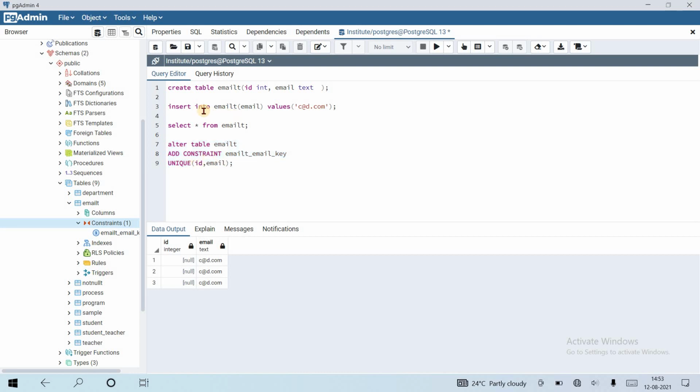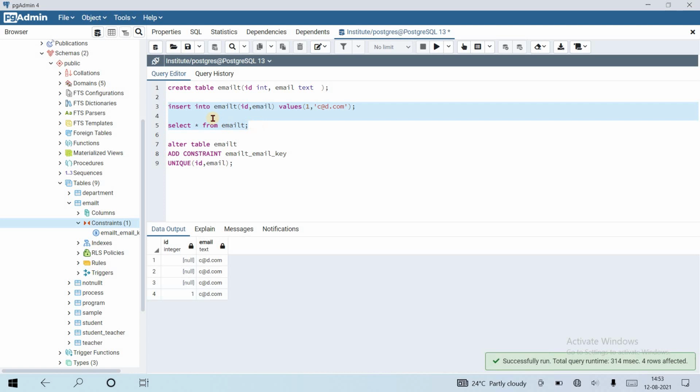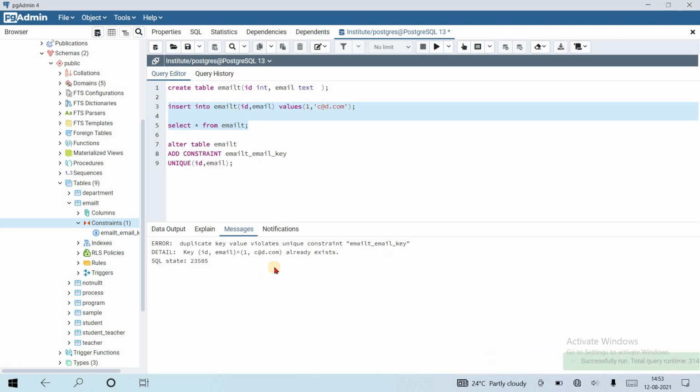I have put id too. So if I insert a value for id comma email, suppose id is 1 and the email, and insert it the first time, it does not give an error. If I try to run this again, it gives me an error that it violates the unique key constraint, as 1 and c at d.com already exists.